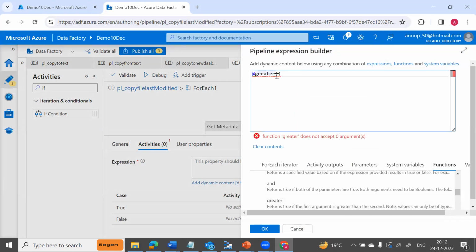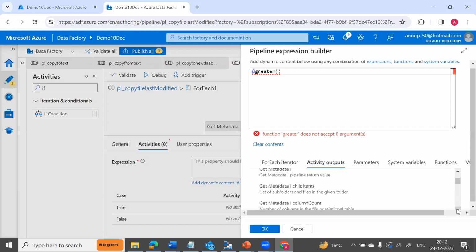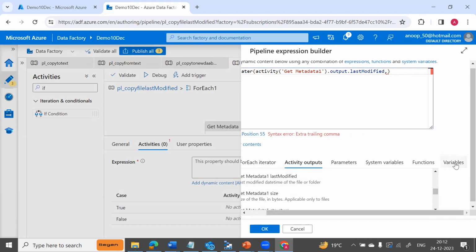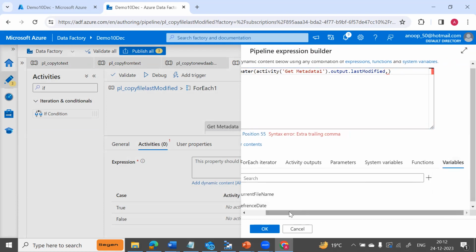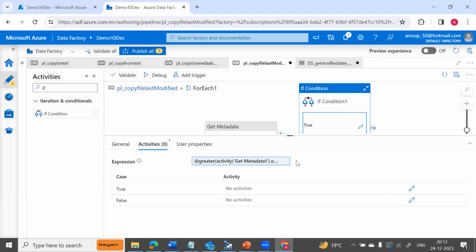What we want is to get the output from Get Metadata, which was the last modified date, right? And we want to compare that with our variable that we are passing, which is basically our reference date. That's what we want. If that is true,